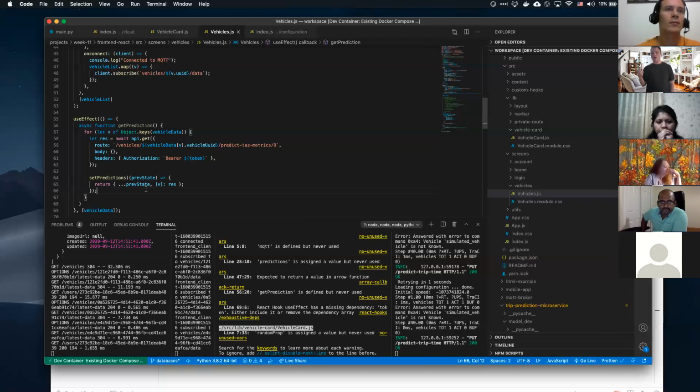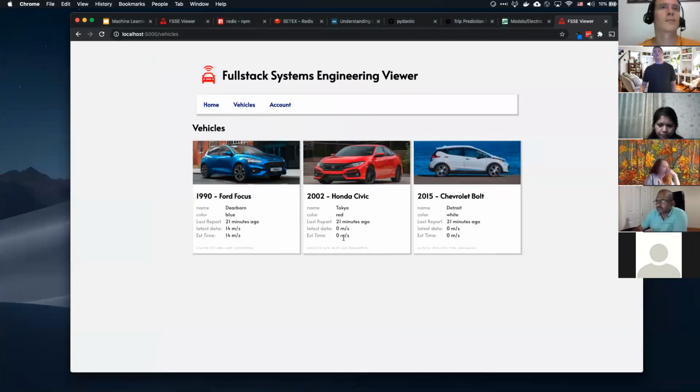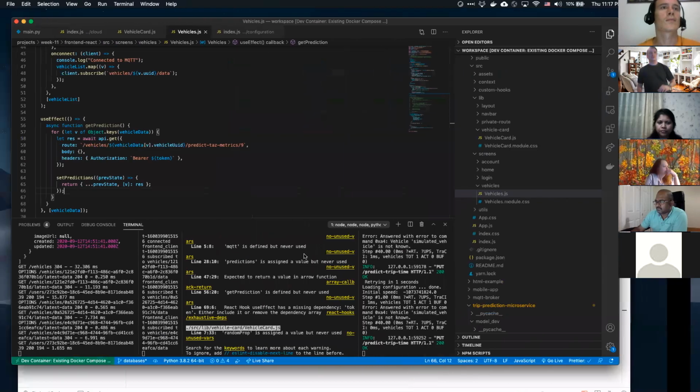We generally know what the trip time is going to be. We can always get an old predicted estimate, but we don't necessarily want that. We only want to get the latest one.